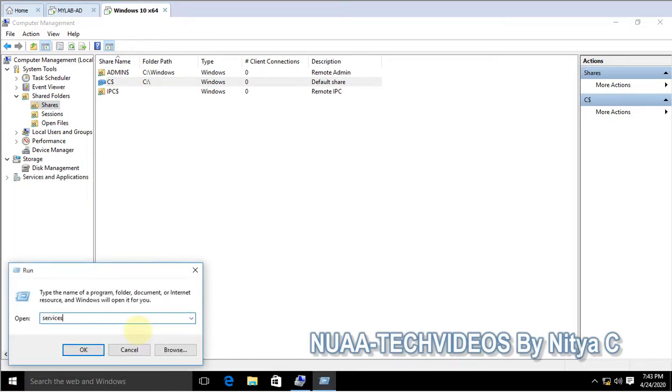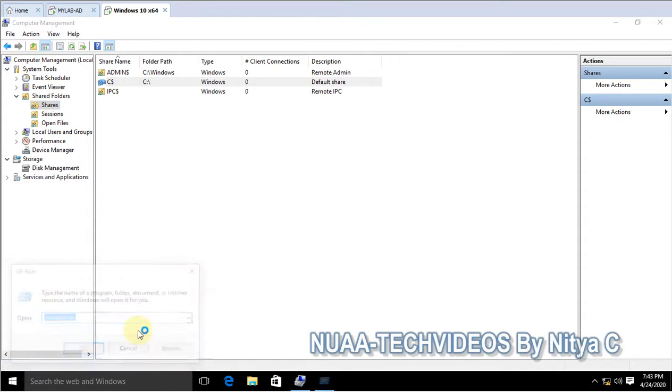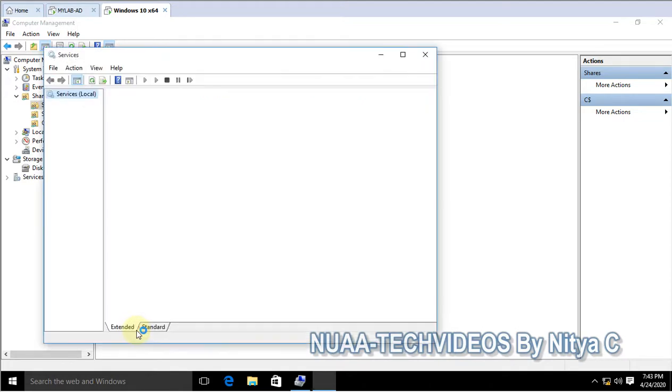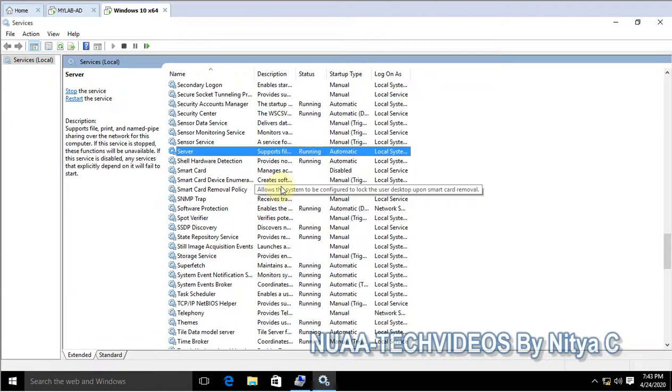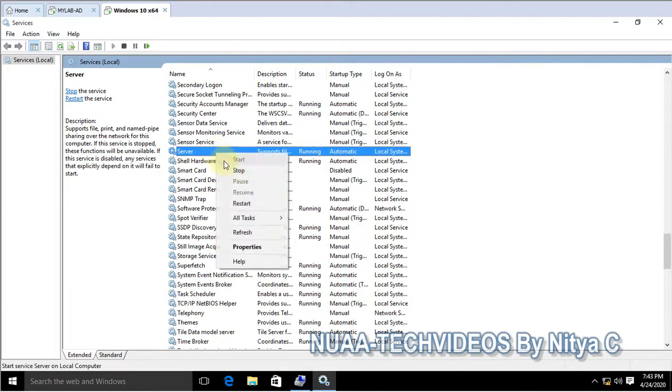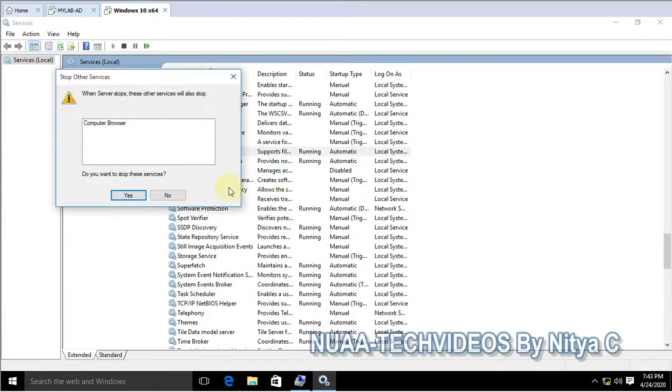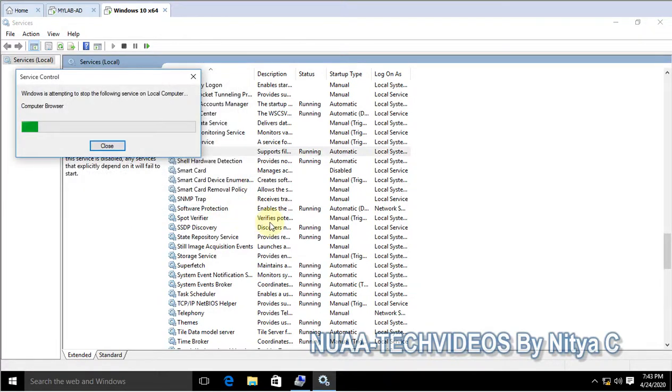Let me show you the first method: services.msc. It will open the services, and here you will find the Server service. This service is responsible for sharing all the shares, to start and stop. Simply stop the service, or you can disable it. I am showing you on one machine, but we will see how to achieve it through Group Policy.